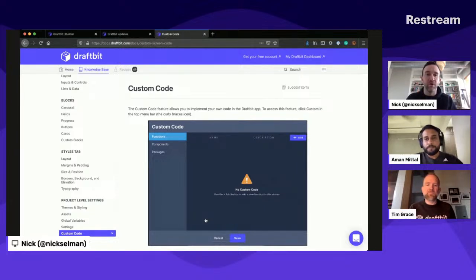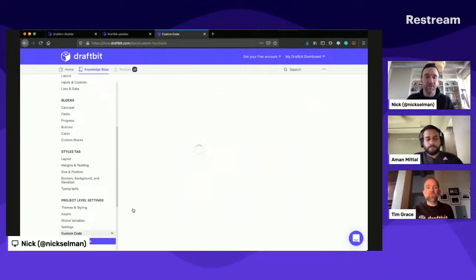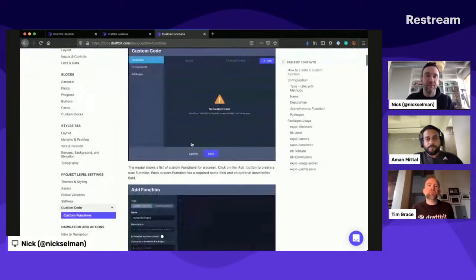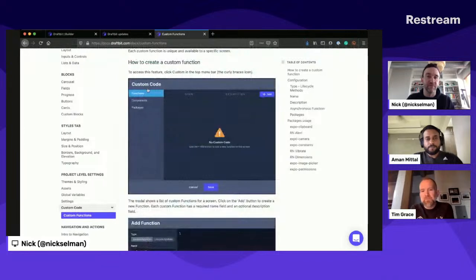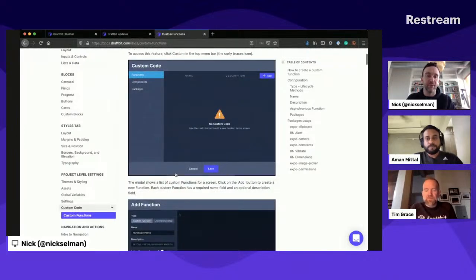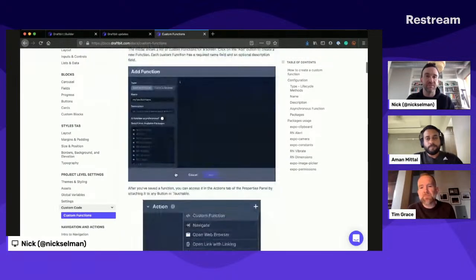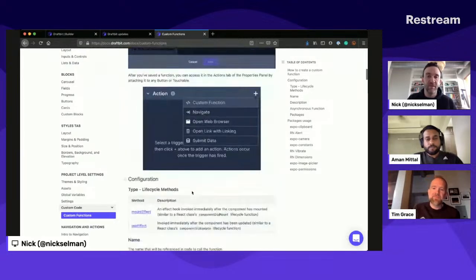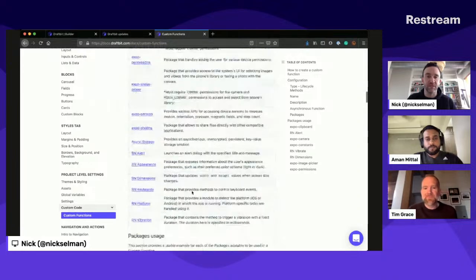So we're implementing a few beta features that will allow you to do more of that custom coding inside of DraftBit. Custom functions is something you have always had the ability to do. Aman wrote these docs. They're available at docs.draftbit.com. Navigate to the custom functions tab, and they're really simple things. For example,